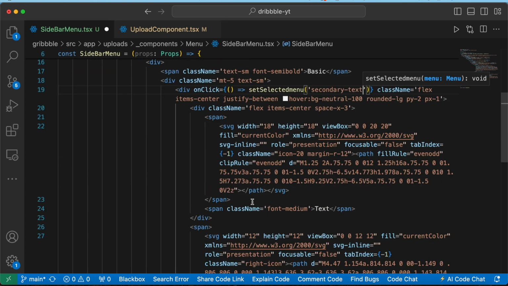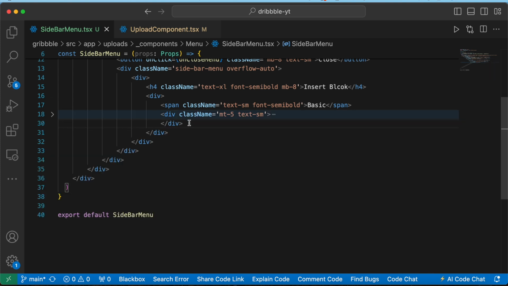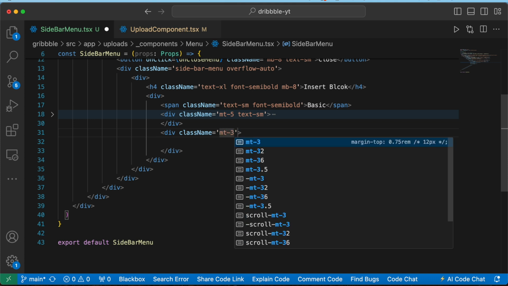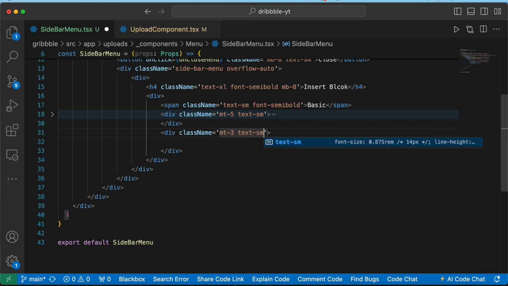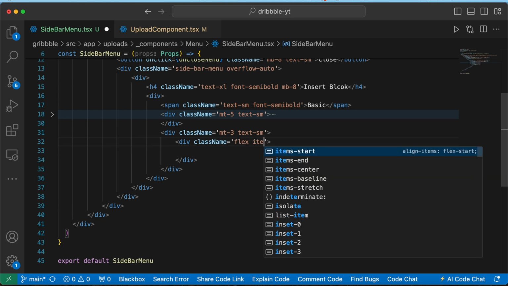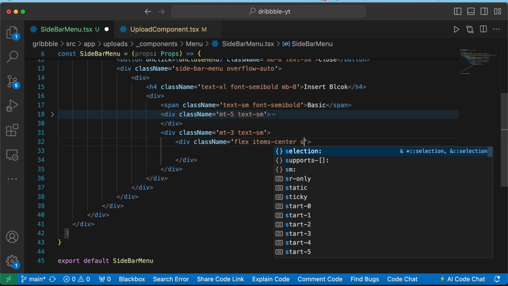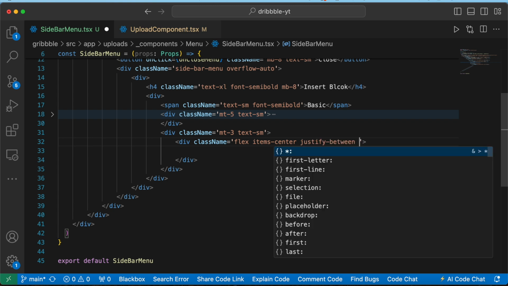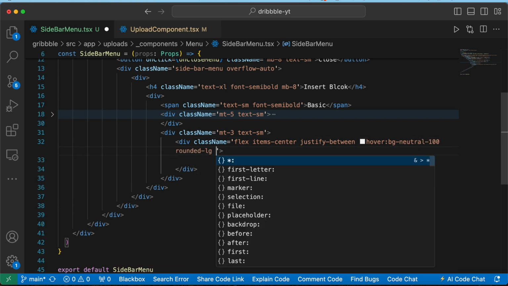Okay, we can collapse this, and below this div we can add one more div, give this a class name of empty3 and text sm, and then inside this div make one more div, give this a class name flex item center and justify between, and then we can add hover bg neutral of 100, rounded lg